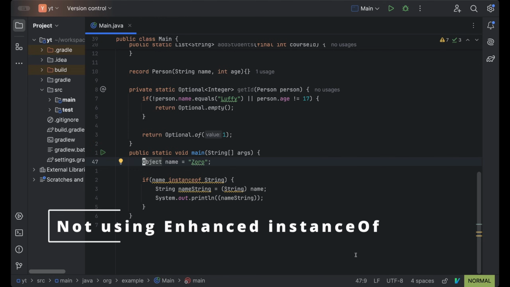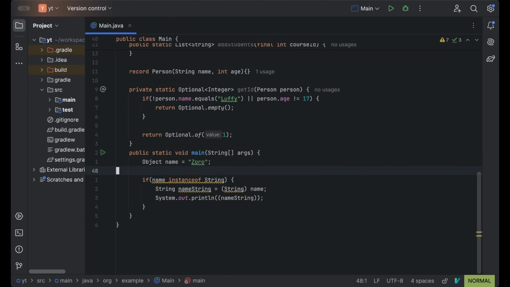Java has introduced new ways to cast objects. Usually we see this. In this case, I assign a variable called name with the value 0. Then over here, I do an instanceof to make sure that the object is a String. Then I cast the object to a String. Java introduced this new way where I can put over here, let's say name instanceof String,